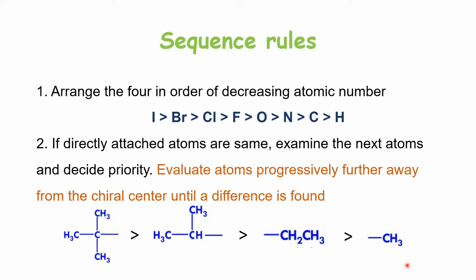So you will assign first priority to this compound, second to this group, third to this group, and fourth to this group. If there are multiple groups attached and there are different atoms involved, like you have in competition here, in competition with the isopropyl group, you have another compound which is containing OCH3. Then you will give preference to that compound because in that case oxygen has more atomic number.